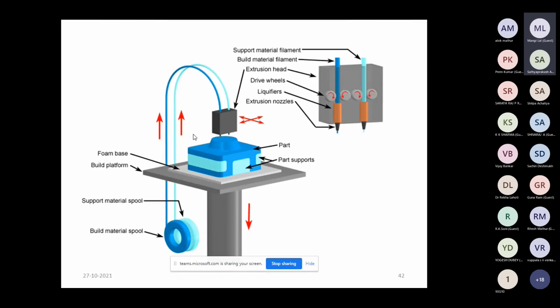At the end of the process, the support structure is eliminated and the final part is made. This support structure is needed because there can be overhanging structures or cantilever structures, which require support.